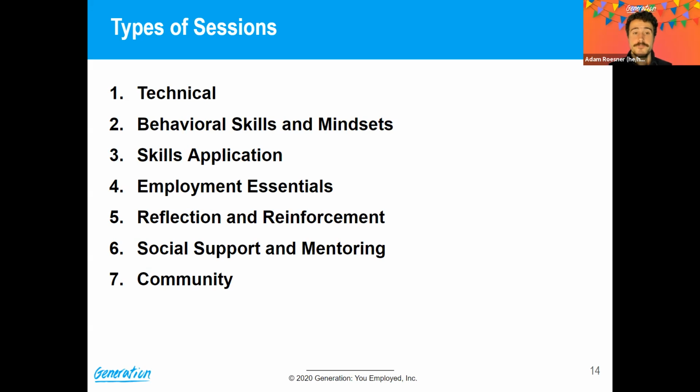So that's one type of session. And we have behavioral skills and mindset sessions. These, what I refer to as BSMs, and what I will be referring to as BSMs for the majority of the rest of the course. These BSM sessions are largely what set us apart from other programming bootcamp operations out there. These BSM sessions give you the practice and the skills and the space to learn and ask questions about these skills and mindsets